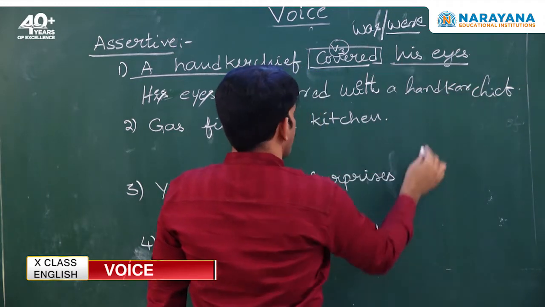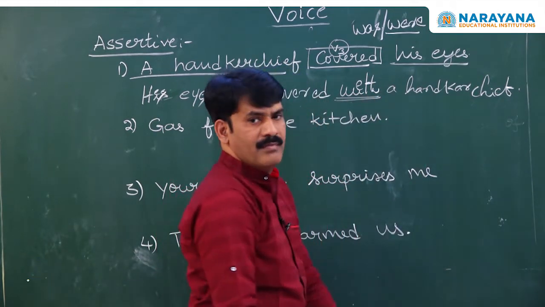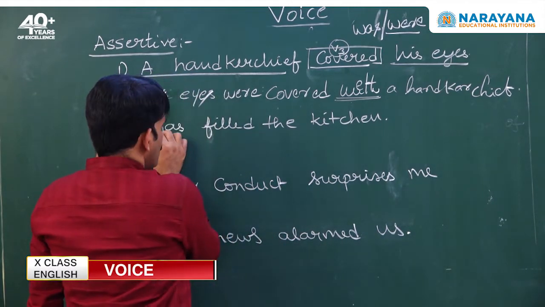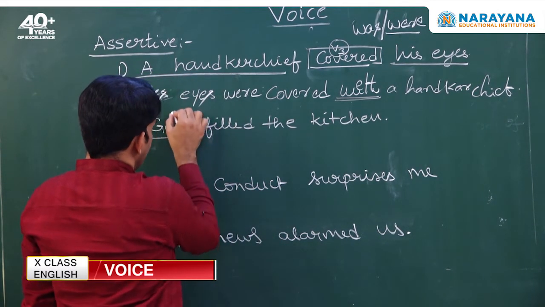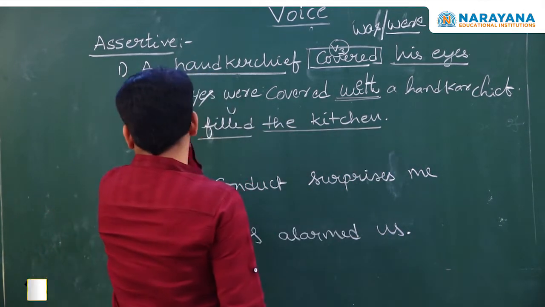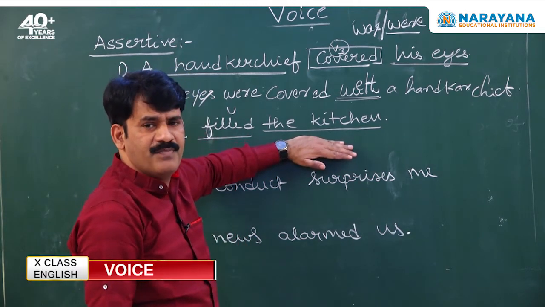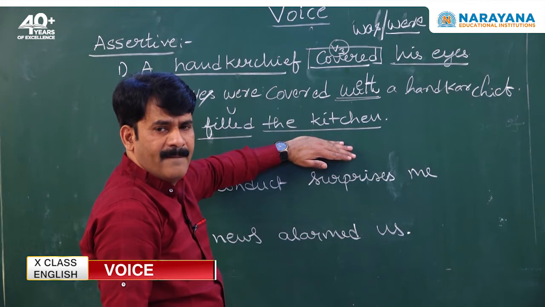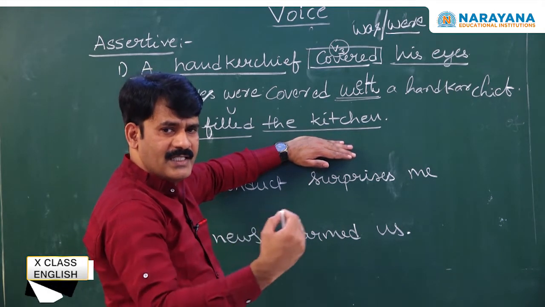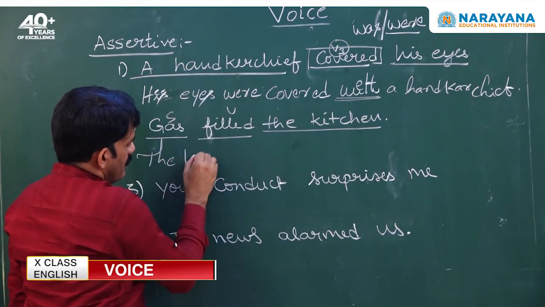Handkerchief. This is how to write the preposition apart from by. Let us see the next sentence. Gas is the subject, filled is the verb, the kitchen is the object. What is the second step? Once you identify the subject, verb and object of the active voice, rewrite the object of the active voice as the subject of the passive voice. So, the kitchen,